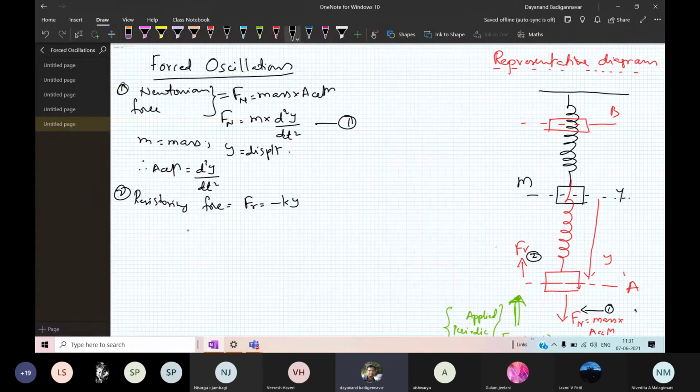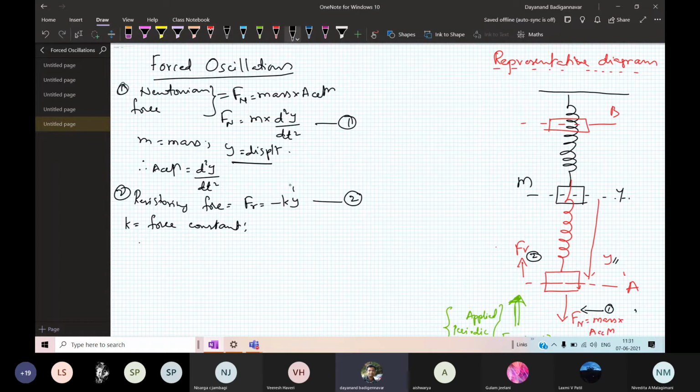You already know it. What is k? K is nothing but the force constant. What is y? Y I have already written. It is the displacement, it's already there in the upward direction. So here you have y as the displacement. Okay, you can see here, this is the displacement.